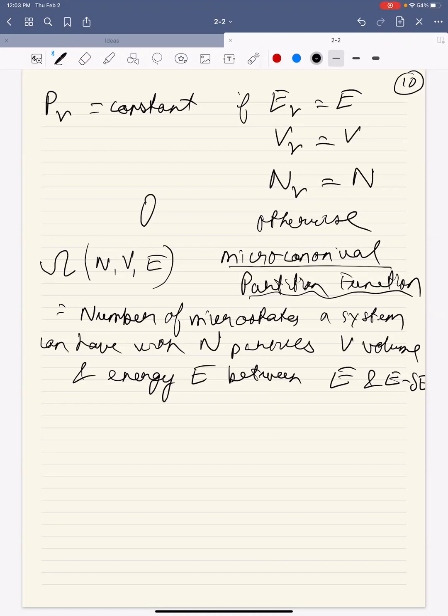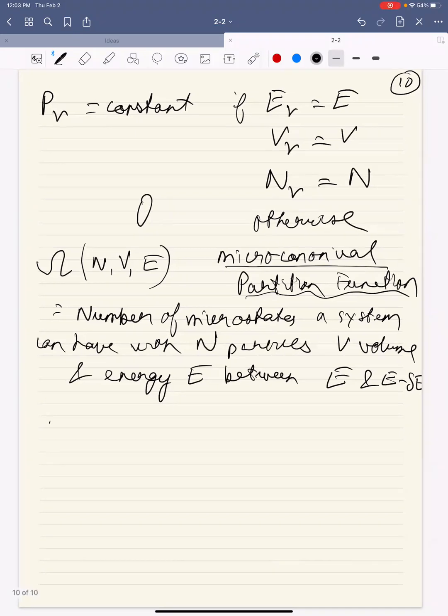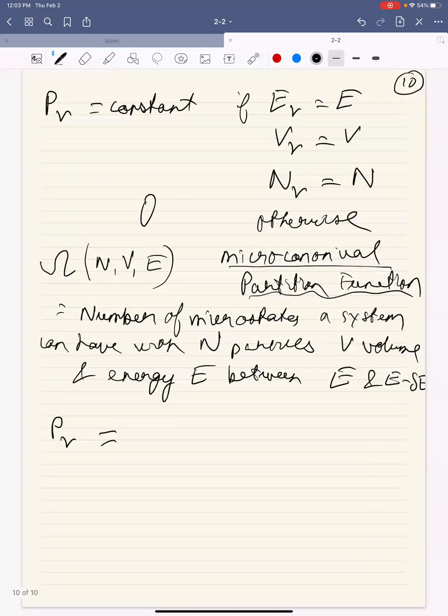Okay, if you have this, then we can write down the value of P nu in terms of this omega. So if every microstate is equally possible, and you know the total number of microstates, right? And let's not worry about what Kinjal said about the continuous thing, because all you have to do there is replace the summation with an integral. Okay, so for now we can say that P nu therefore must be 1 over omega of N, V, E